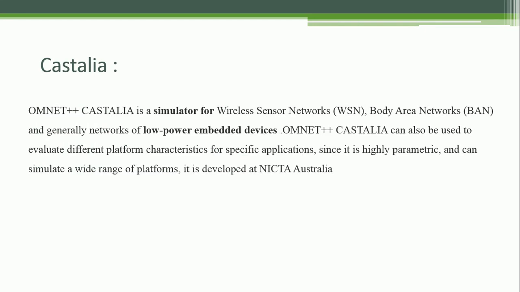What is Castelia? Castelia is a simulator for wireless sensor networks, body area networks, and generally networks of low power embedded devices. For simplicity, Castelia is a simulator for WSN and body area networks, and for networks of low power embedded devices. Castelia is developed at NICTA Australia,